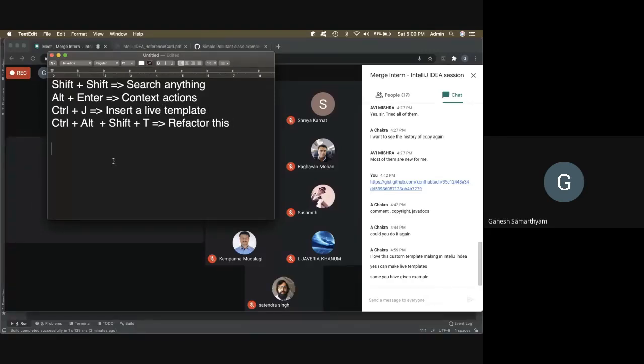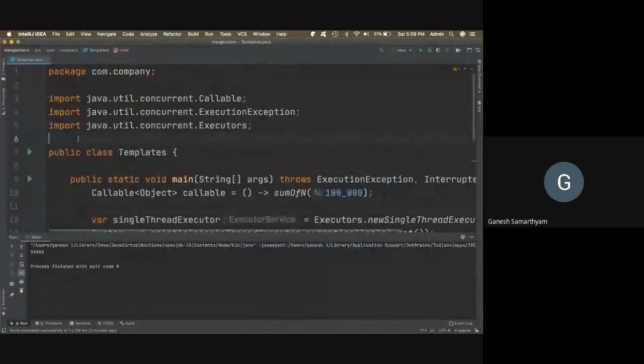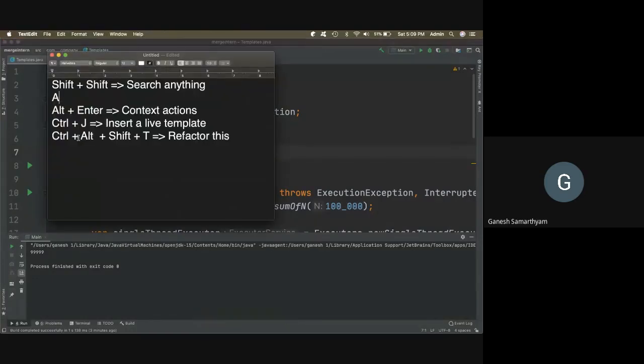These are really, really powerful shortcuts that can actually dramatically increase your productivity. So another one that I wanted to add as a very powerful one is this generate, and this is Alt plus insert. Insert in Windows, which is generate.